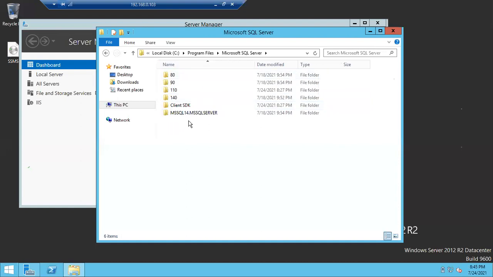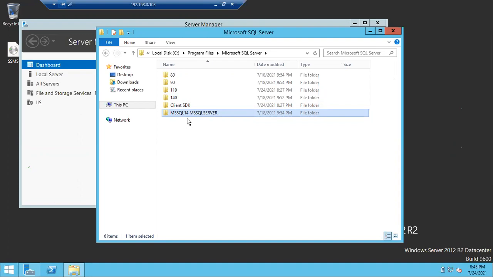Go inside this folder. You can see a lot of folders, and this is the main folder, MS SQL 14, MS SQL Server. With this name, can anyone tell me what my SQL Server version is and what type of instance it is? 14.0. That means which version of SQL Server? 2017.